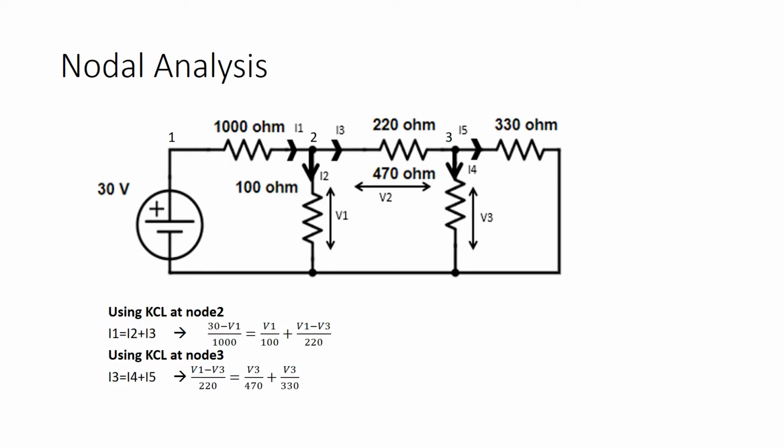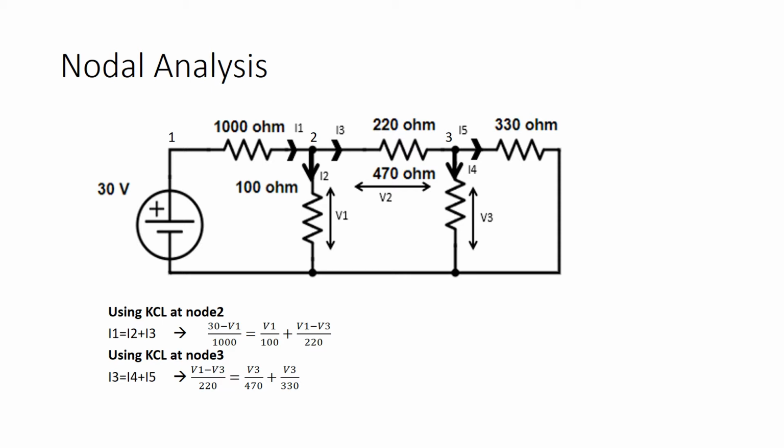What is a node? A node is the point through which the circuit element is connected to the circuit. That is the point where two or more terminals or circuit elements are connected together, that is the node. Here in this circuit we have three node points. So what we are going to do using nodal analysis is find the node voltages.